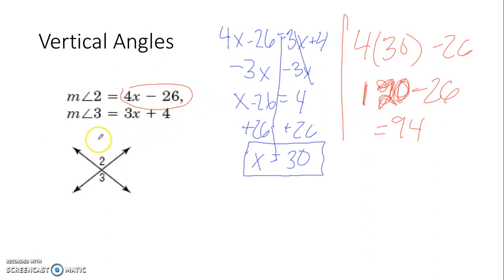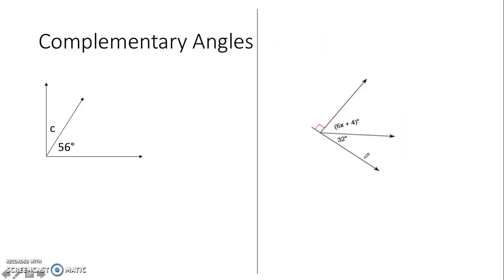So we know that both sides, angles 2 and 3, are equal to 94 because they're vertical angles. We don't need to check both, but if we were to check that one, we would get 94 as well. So there we go. That's how we solve vertical angles. Now don't worry, we will be doing more practice of that come to class, but we're going to get moving on to complementary angles now. So complementary angles,